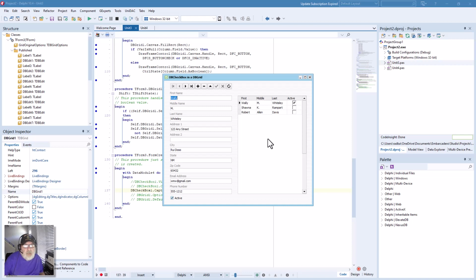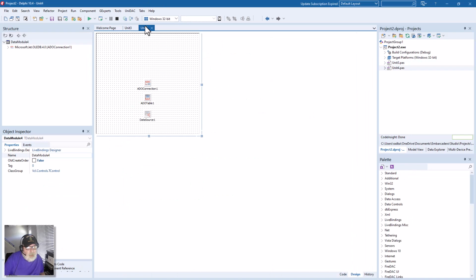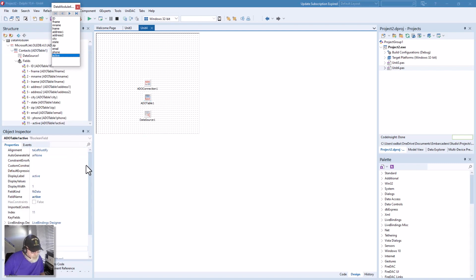Oh, one last thing I wanted to mention. If you notice, there's nothing but the checkbox in this active column. Nothing but the checkbox. And what we're going to do, I'll demonstrate this to you. We'll go to the data module and click on the ADO table and go to the active field, and